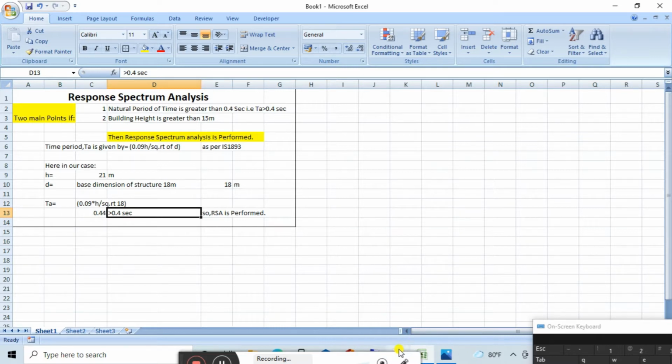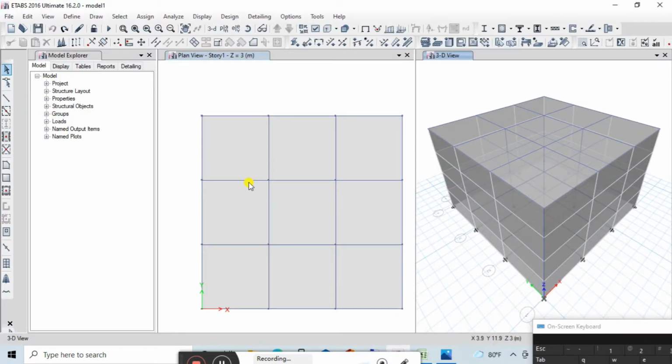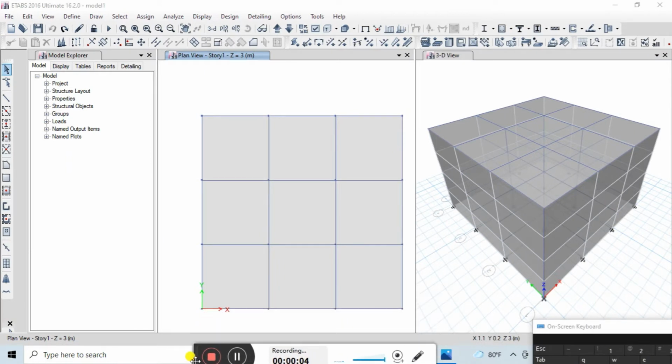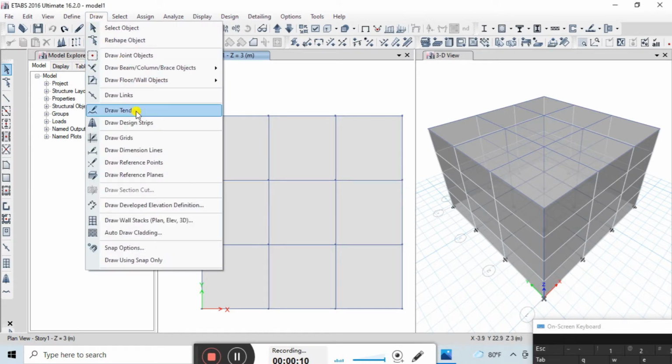Now you can see we have the base dimension of 18 meter. In case you have forgotten how to check the base dimension of the structure, I'll show you once again. Click the draw menu bar, then select draw dimension line.